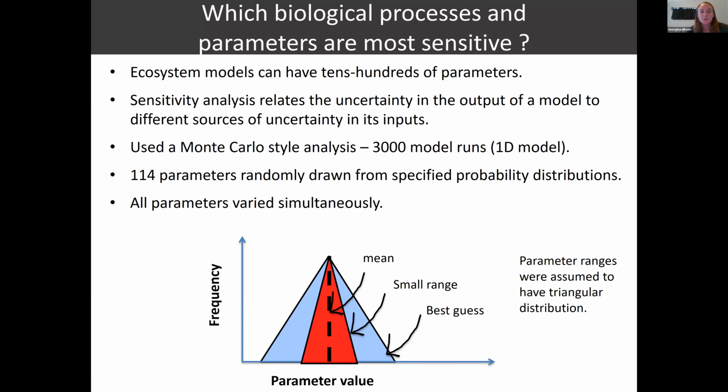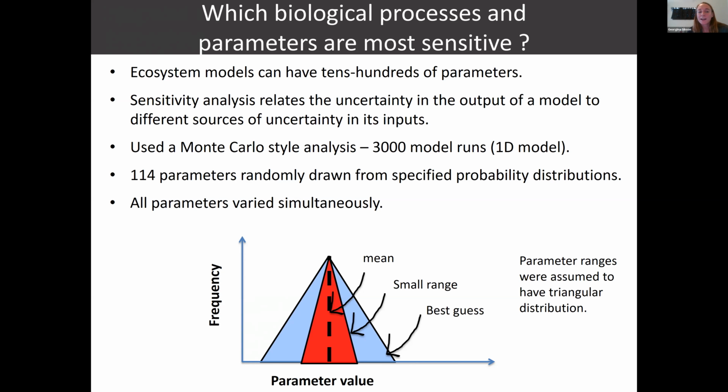As modelers, we do our best to plug in the values for those. But as you all know, most of those parameters have a wide or narrow range associated, which we may or may not know. So with this experiment, Yvette and I ran the 1D model about 3,000 times.